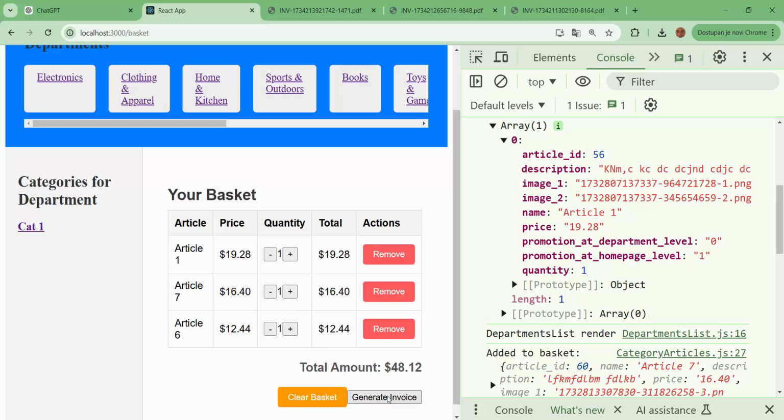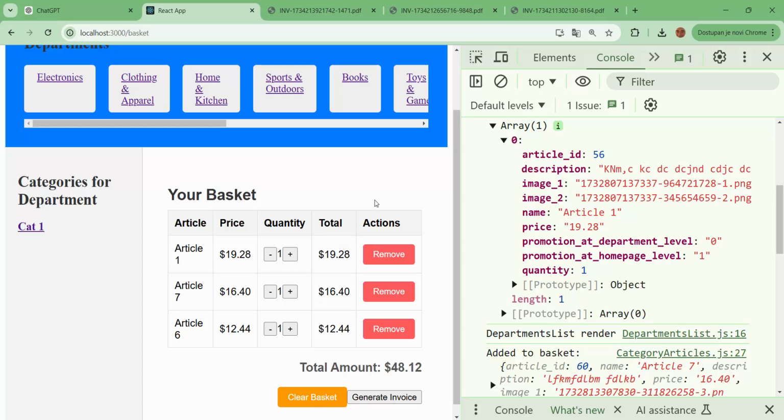We have a button for clear basket, remove, and add. The add button is not here. It is in another component from where we add an article to the basket. And those three, remove, add to basket, and clear basket, are